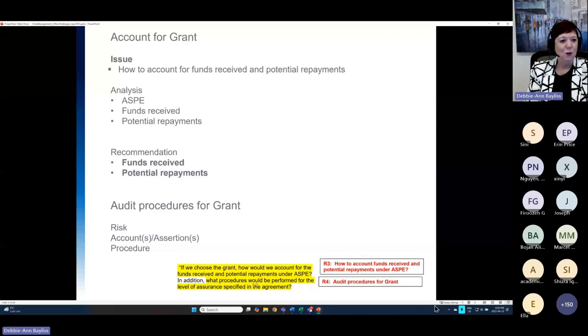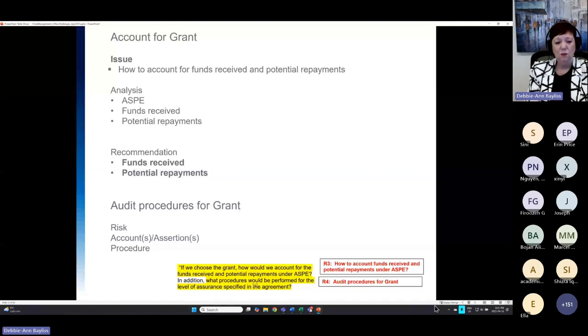Under analysis, I'm going to put ASPE, because that's the accounting framework I know I need to use. I know under my analysis, I need to look at funds received, potential repayments. And under recommendations, I need to make sure that I provide recommendations for funds received, potential repayments. So again, structure is going to increase your chances of